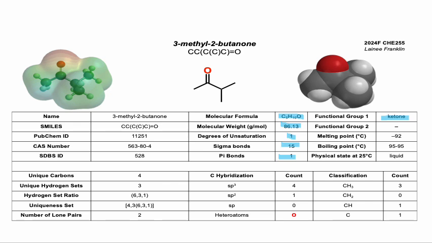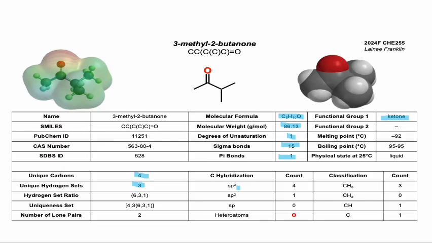We have a melting point of negative 92 degrees Celsius, a boiling point of 95 degrees Celsius, and the physical state at 25 degrees Celsius is going to be liquid. Some important things to point out when building the molecule is that we have 3 unique hydrogen sets, 4 unique carbon sets,